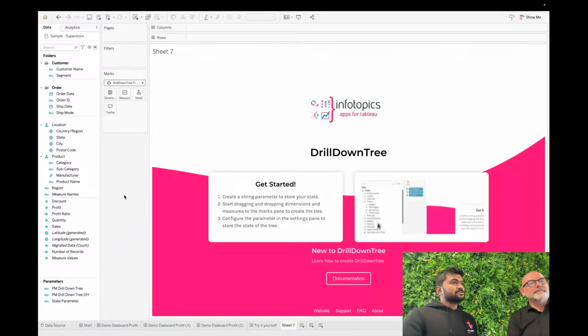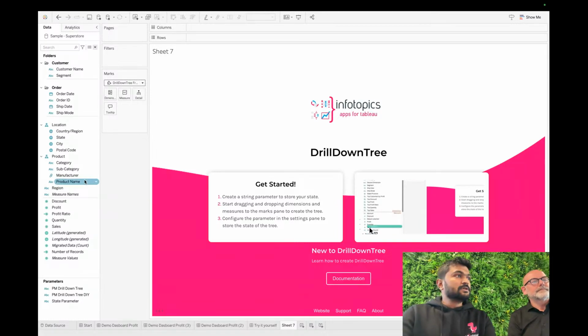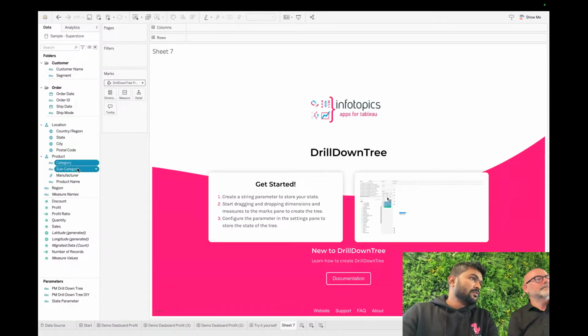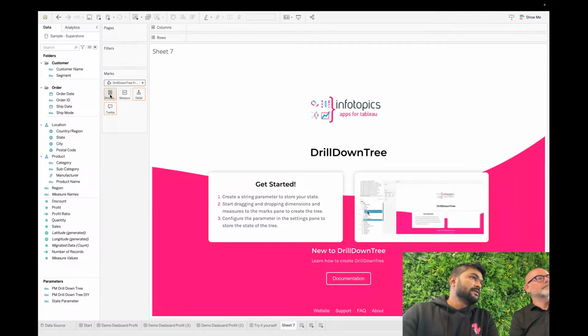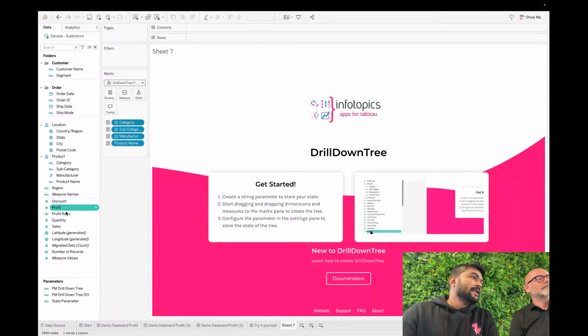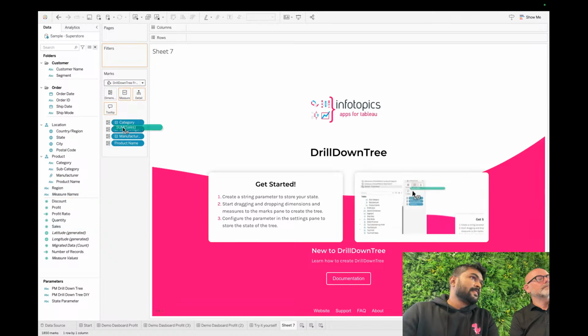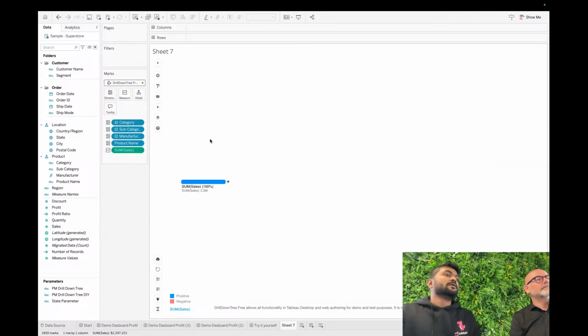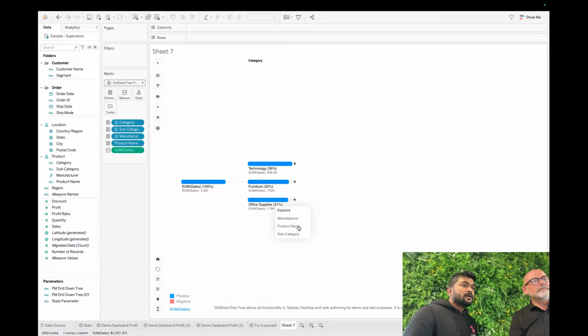Here you see the landing page of DrillDownTree, and to create a DrillDownTree, you need a few dimensions. For now, I'm going to get category, subcategory, manufacturer, and product name. I'm going to drag and drop them into dimensions. Then I get sales because we're going to look into sales at this point. So then you can see that the DrillDownTree is already created, and then you can drill down on category, product